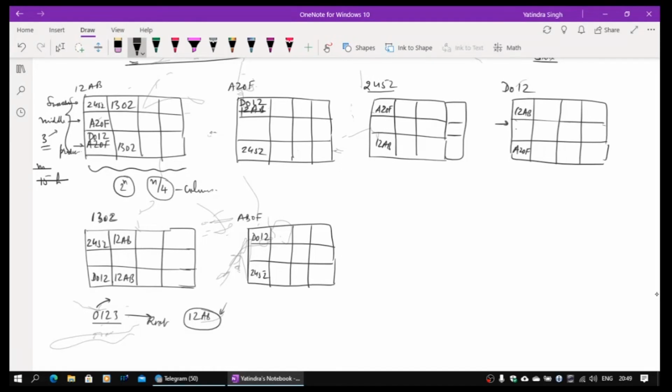If you are at 1302, you will find it is between D and 1, so it has to move to the second column. In the second column, it will search where the 1 lies. 1 lies between 3 and 2. With 3 it has to take 3, 4, 5, 6 till F and then 0, 1, 2. So it will hand it over to 12AB, and 12AB with the same procedure will again become the root node. That was the improvisation which was done to make the system actually work.